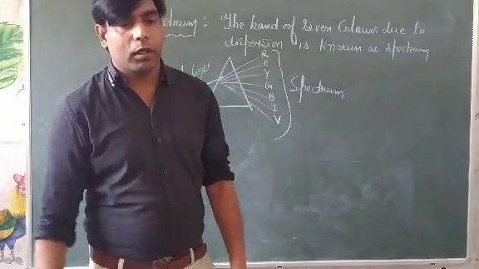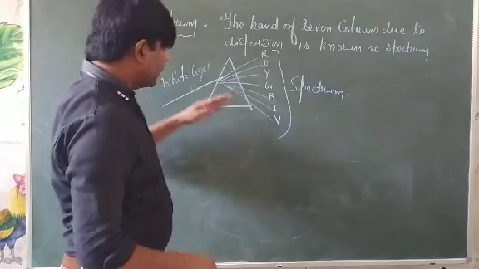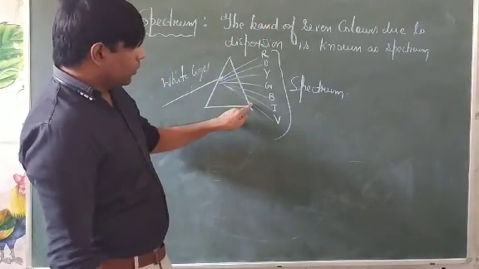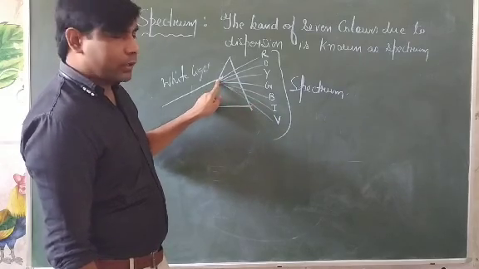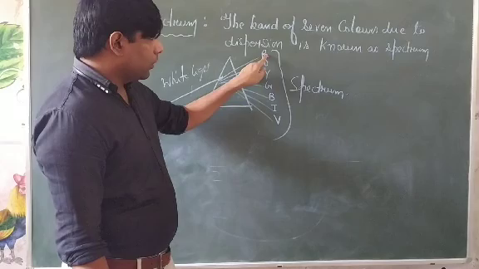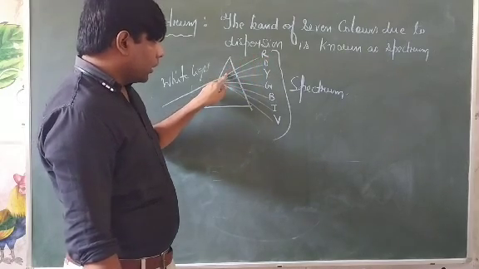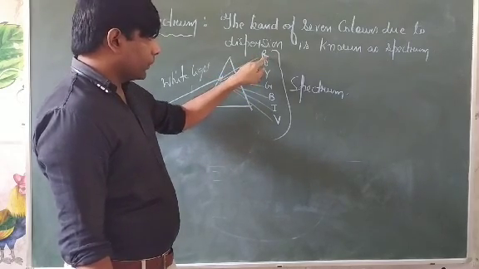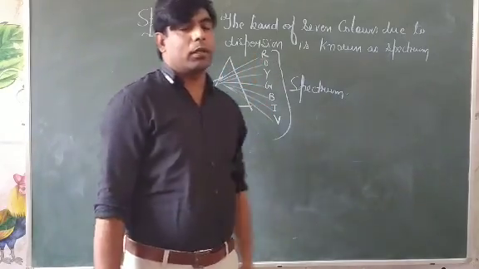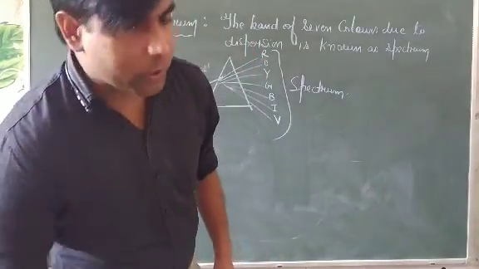In the last class you have seen that the angle of deviation is the angle between the incident ray and the emergent ray. See, between the violet line and the incident line, the angle will be del 1. Similarly, between the incident line and the red light it will be del 2. We see that all the colors have different angles of deviation. So what is the reason?